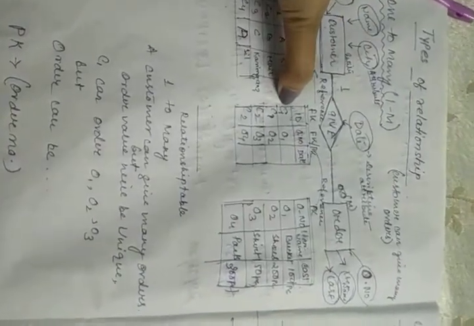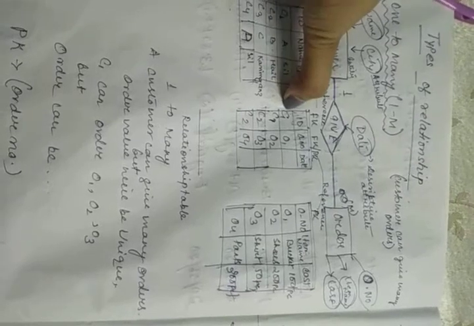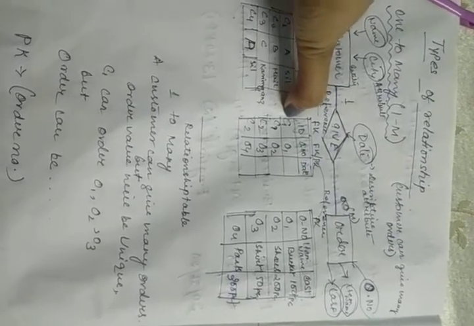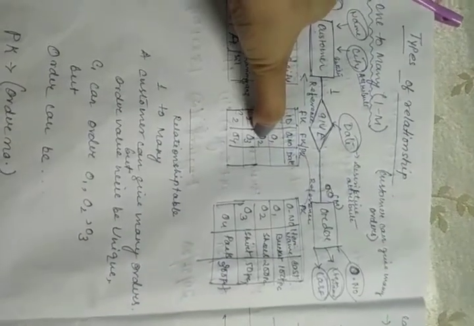I'm explaining again. We can repeat the customer's ID because one customer can give many orders. That is C1, the customer ID of the first customer A. He or she gave an order O1. This same person can also place order O2. That is the basic foundation of this type of relationship. One customer can give many orders.